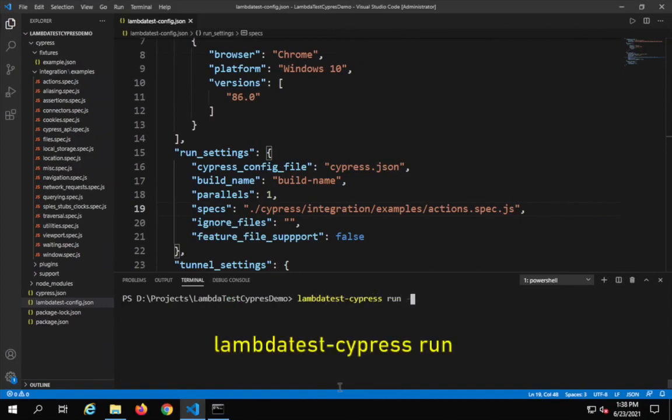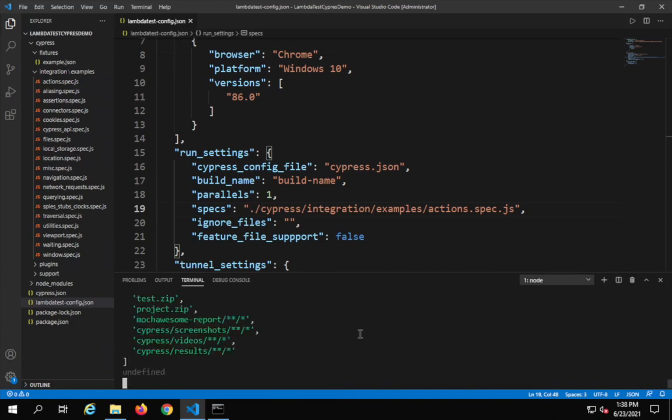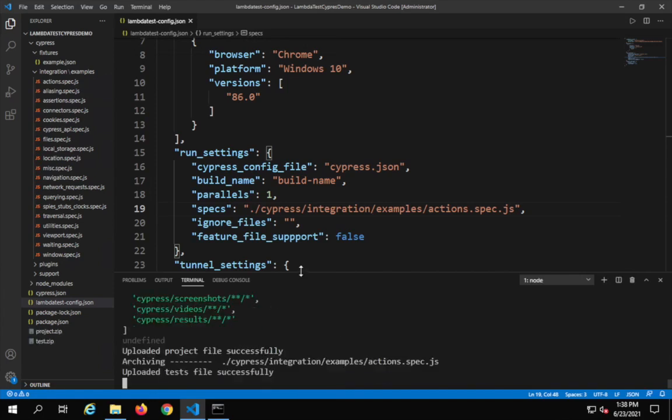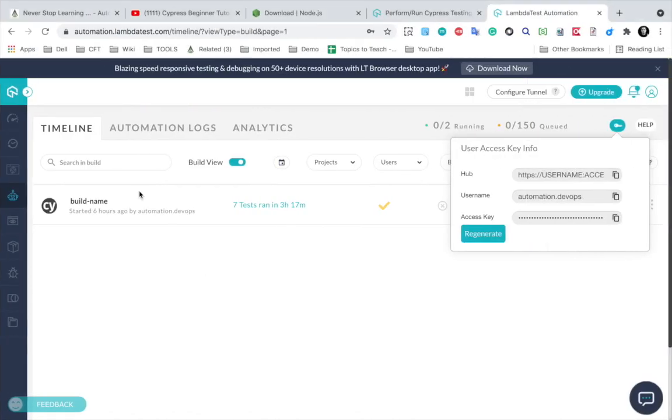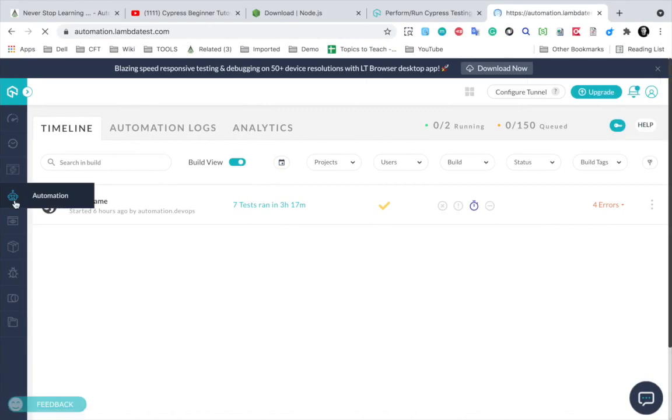Now I can use -s or --spec and give the location of a particular spec file, but because I have already given the location or the path of the spec file in the configuration file, I can directly use this. So let me say lambdatest cypress run, and if you see here, it is running fine. If I check my LambdaTest platform